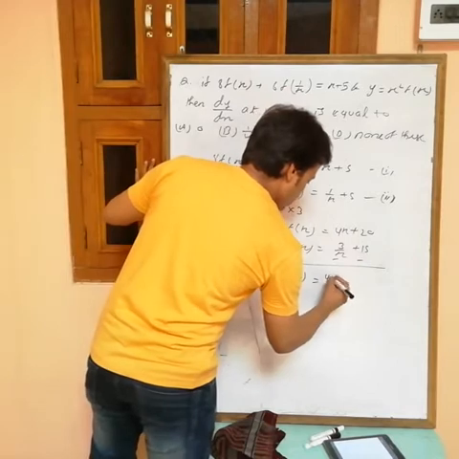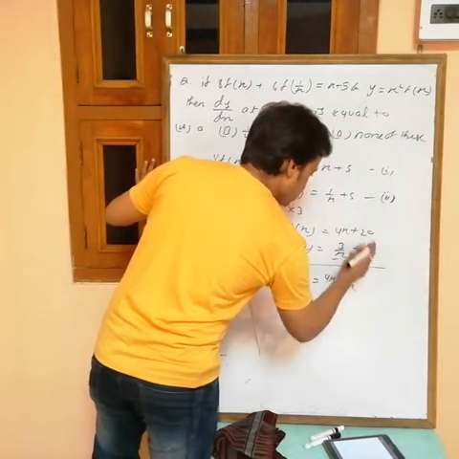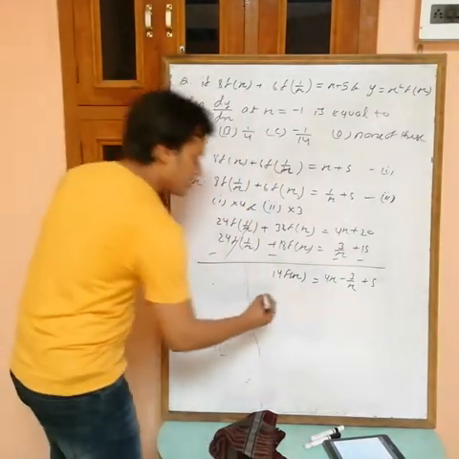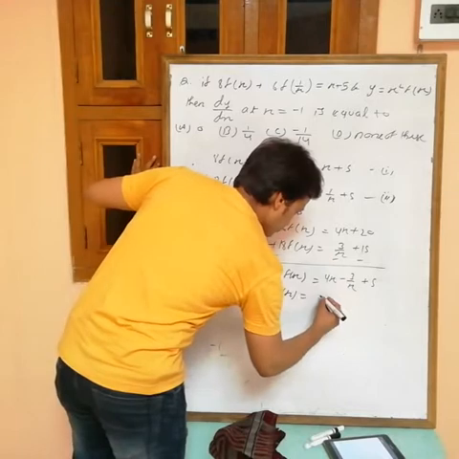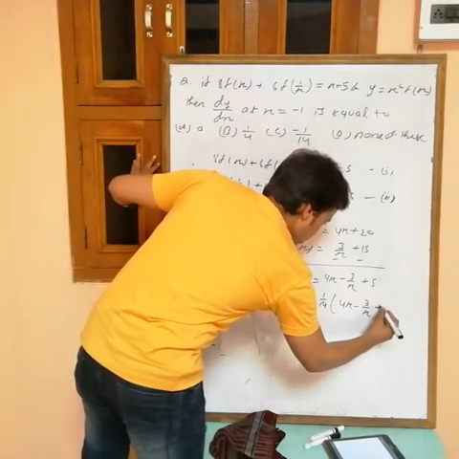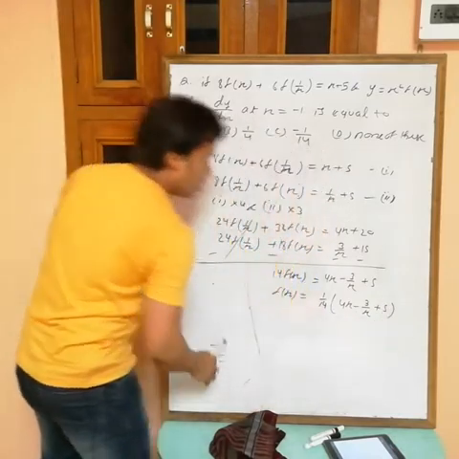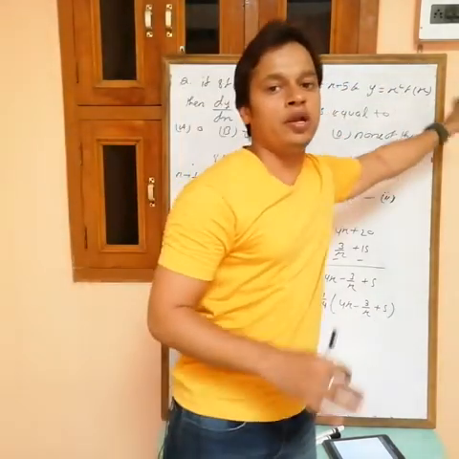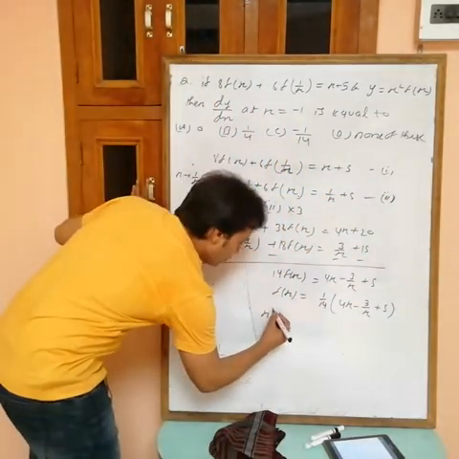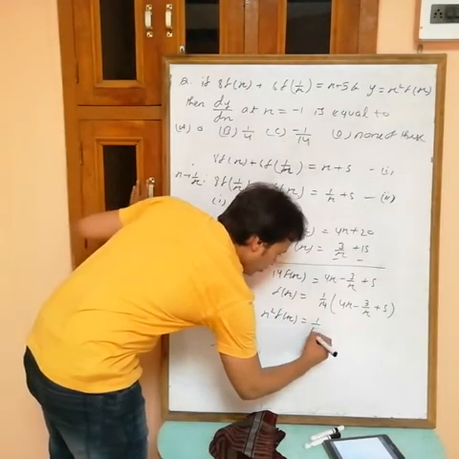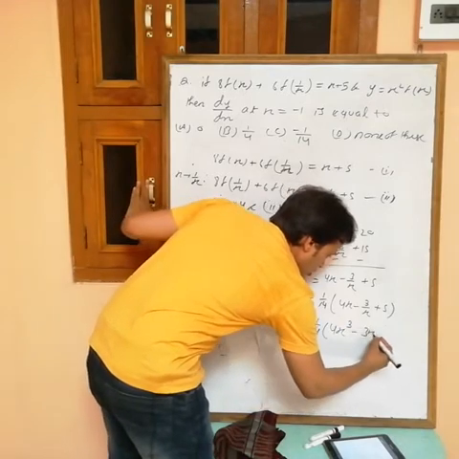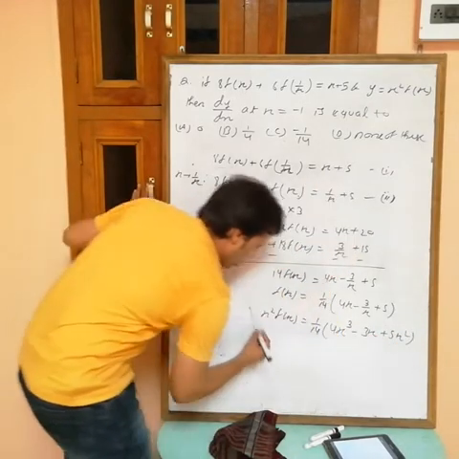Now 4x minus 3/x, and 20 minus 15 is 5. Okay, so f(x) is equal to 1/14 times (4x minus 3/x plus 5). But here y is equal to x square into f(x), so multiply with x square. Then 1/14 times x square inside: 4x cube minus 3x plus 5x square. Now this is equal to y.